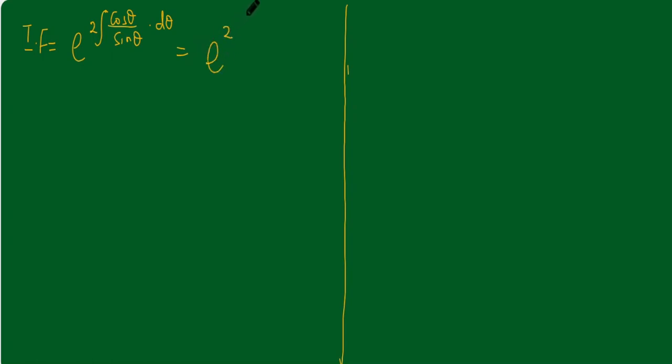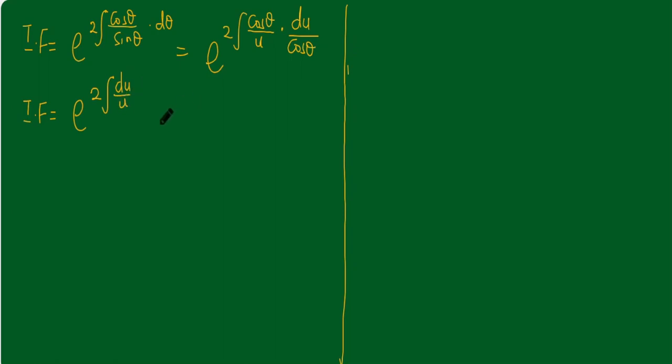So moving on, we have our integrating factor to be equal to e raised to power 2 integral of cos theta divided by sine theta d theta. And this is equal to e raised to power 2 integral of cos theta divided by u multiplied by du divided by cos theta. So we have our integrating factor to be equal to e raised to power 2 integral of du divided by